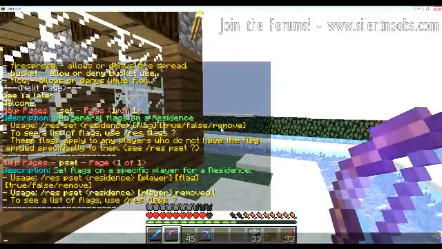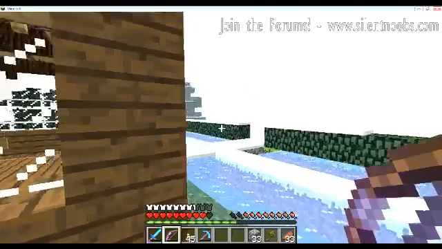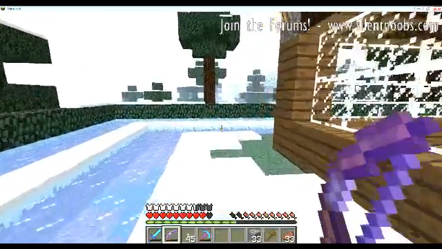And that will show you what residence name, player name, flag, true, false, remove, and it's the exact same thing except you have to add a player name. And you have to know their entire player name, like you have to type it verbatim as it's spelled on Minecraft, or else it will not work. But for right now, I'm just going to cover how to set general flags for